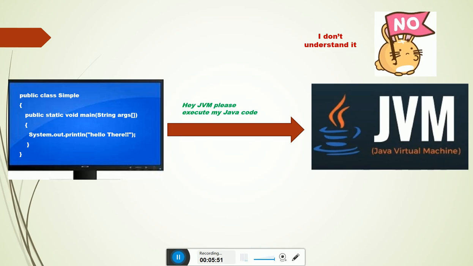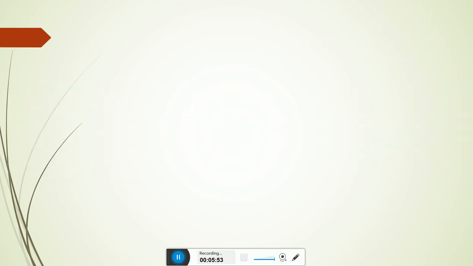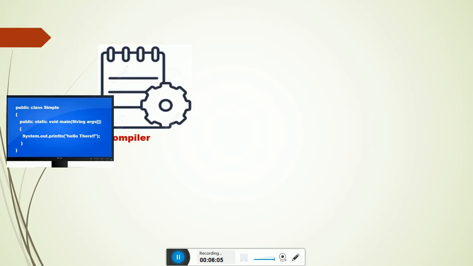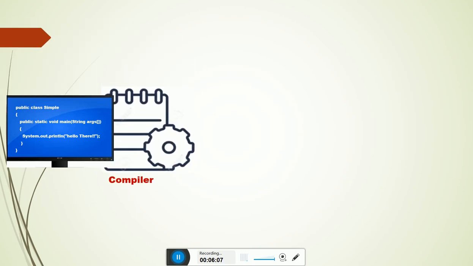And this is where we need help from our good friend, a compiler. And the compiler says, I will do the job.